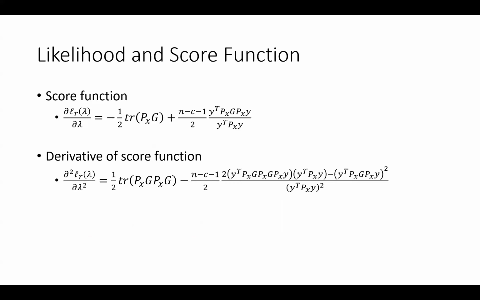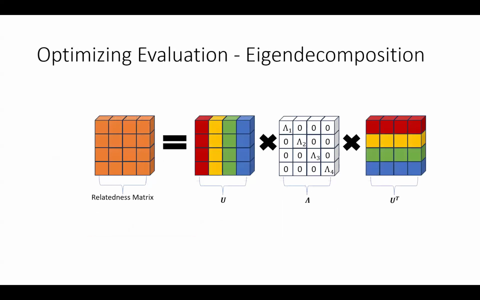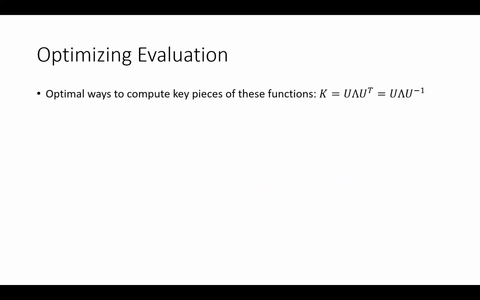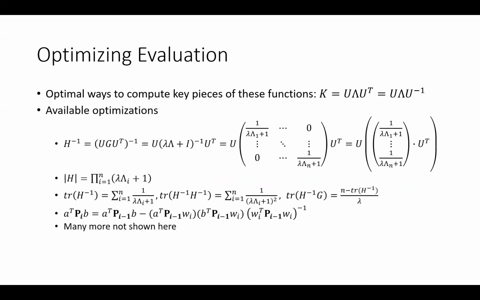Because we need to do these operations millions of times, we're going to use eigendecomposition to get around some of this. So eigendecomposition is we're decomposing it into this U lambda U transpose. And we're doing so in such a way that U transpose is U inverse. There's a lot of math here, but these are just some of the operations that show up in likelihood, the score computations that we require, that we can optimize once we have